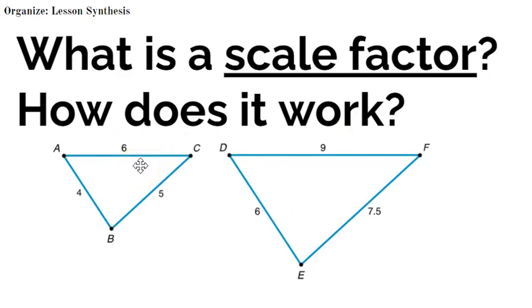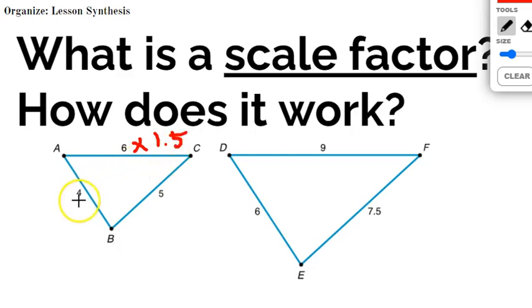What's the scale factor here? What do you have to multiply 6 by to make 9? Well, if you multiply 6 by 1, you get 6, but you still need 3. Is there a way to multiply 6 by something to get 3? Yeah, half. So actually on this one, it's multiplying by 1.5,